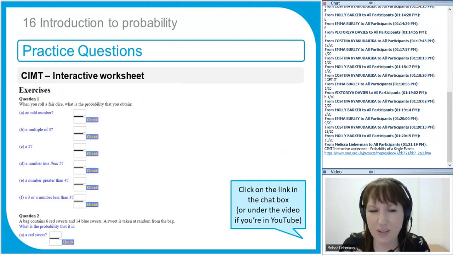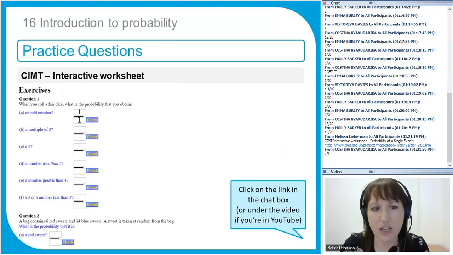I think you have to cancel them down as well. So an odd number, half of the numbers will be odd because you'll have either a 1, a 3 or a 5 that are odd. So you put 1 in the top and 2 in the bottom. So on. Just fill them in like that and then press check to check the answer. Perfect. A third, multiple of 3. Yeah, multiple of 3 would be a third, that's right.